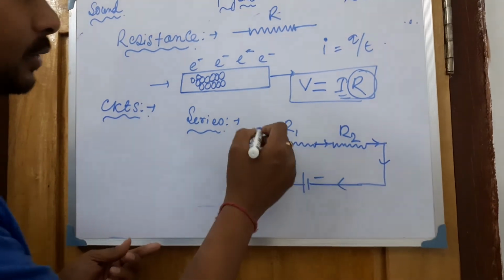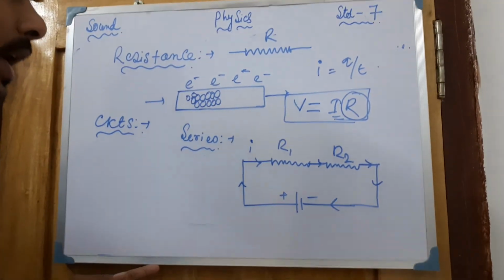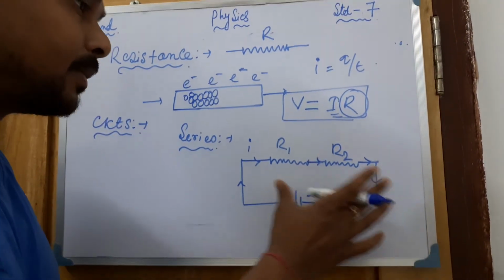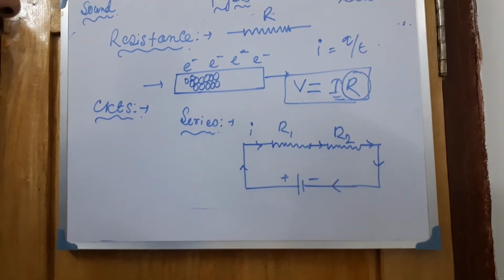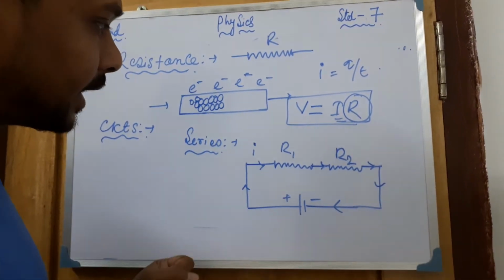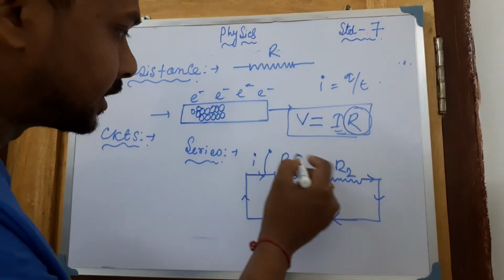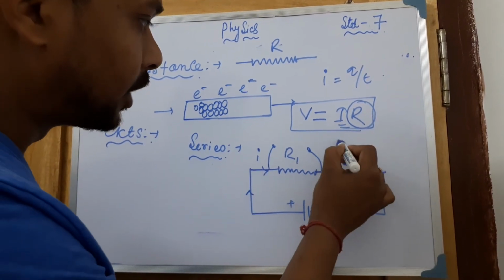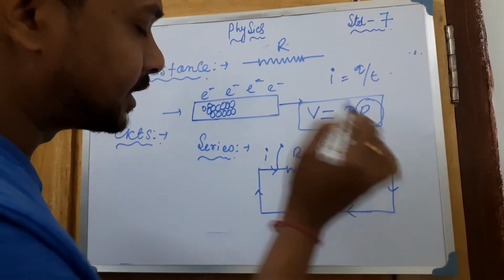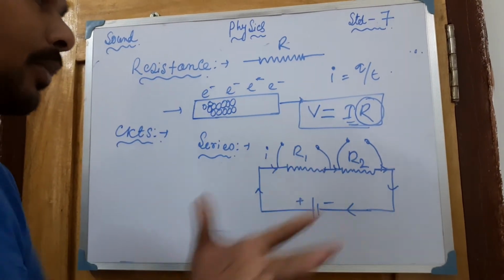Current is passing in this way. Suppose current I is passing this way. Now you can see this in this particular circuit. What is actually happening here? If you are calculating the voltage across this resistance and this resistance, or across this resistance or this resistance, then what type of thing will you get?